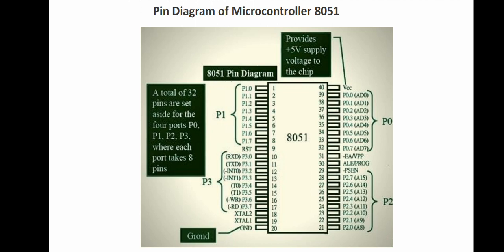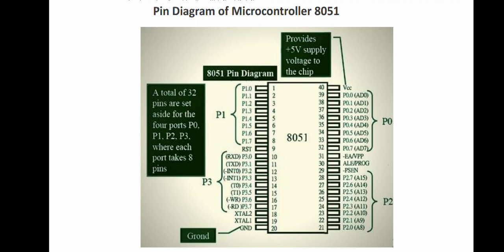Then pin numbers 18 and 19 are used for XTAL1, XTAL2, where the external crystal oscillator is connected for the clock system.